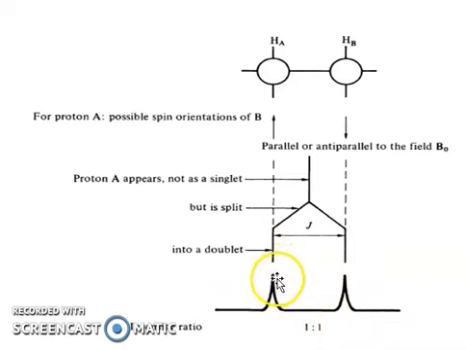It is called a doublet. This doublet has an intensity ratio of 1:1. It means these two will have the same intensity. The splitting is even, thereby it is split in a 1:1 ratio. This is called the intensity ratio.